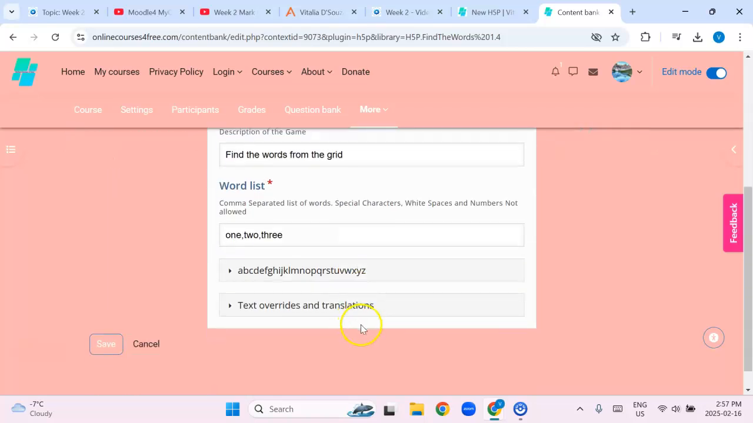This would be find the words in the grid. The vocab could be, for example, account, check. We use a Canadian spelling. Sorry, no space. Sign, amount, balance, transfer, debit, credit, transaction,